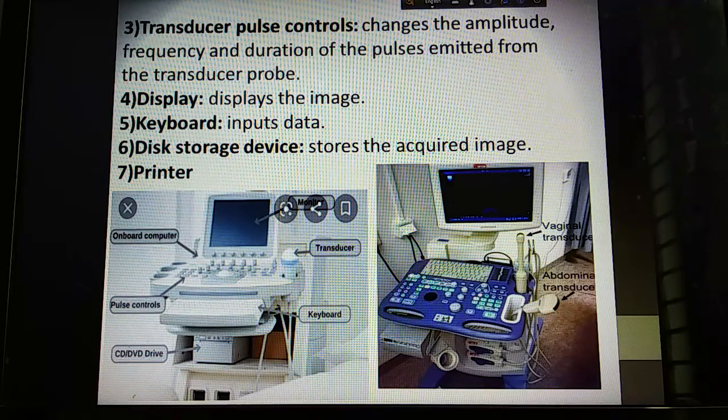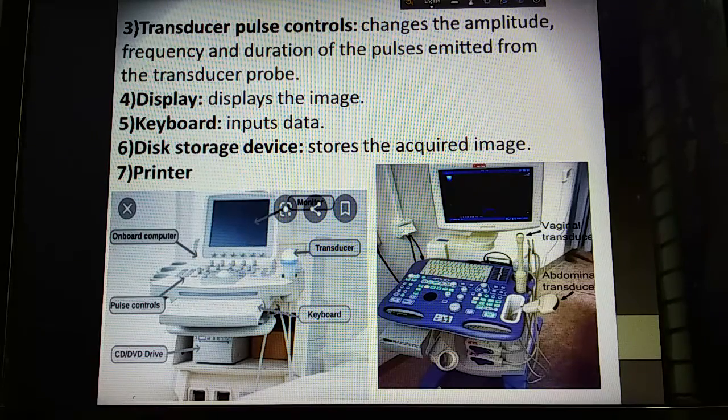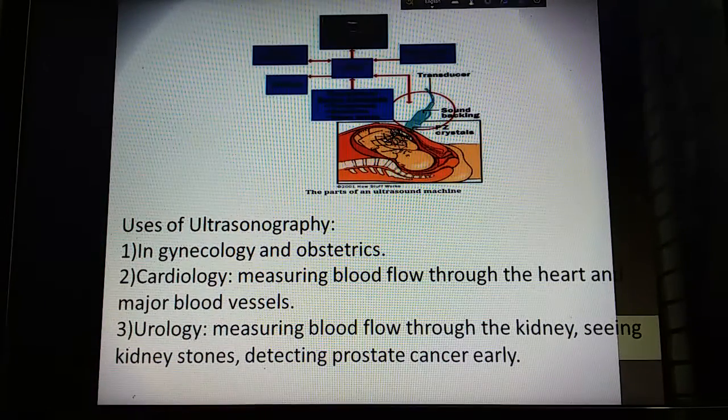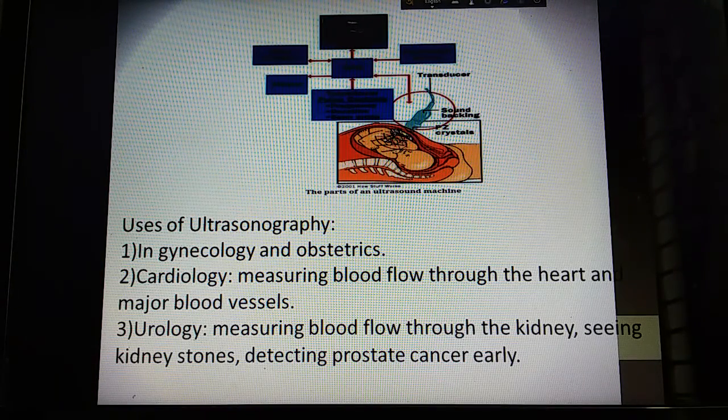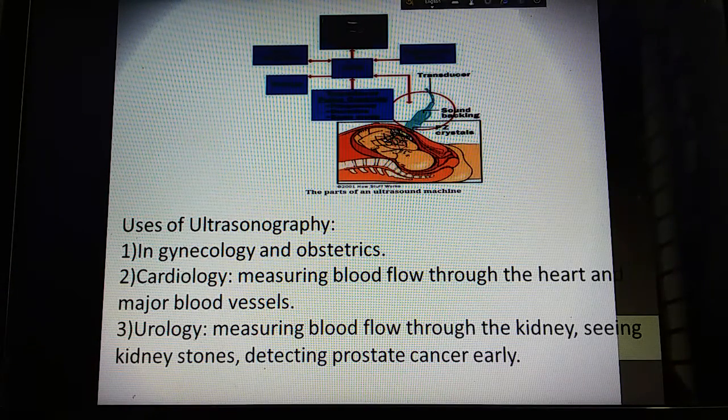So these are the parts of an ultrasonogram machine. If we want to see the total process as a block diagram, here is a block diagram of an ultrasound machine. CPU, keyboard, disk storage, printer, and the transducer that is directly connected to the body, the part that should be examined, and